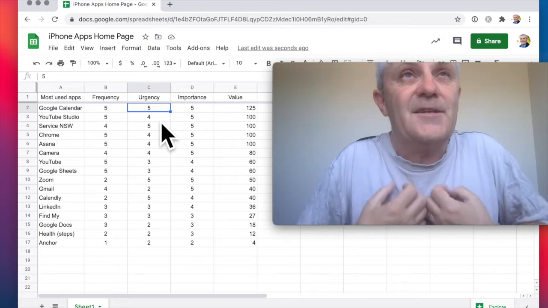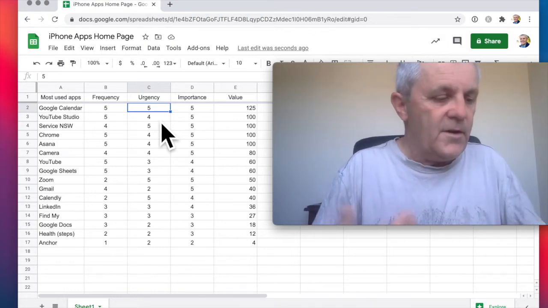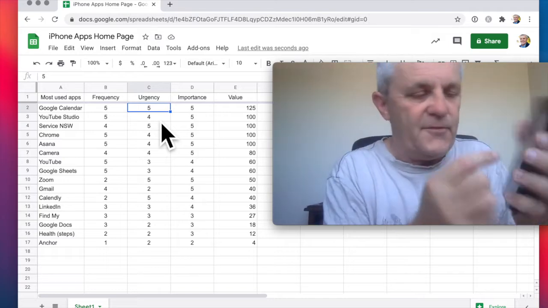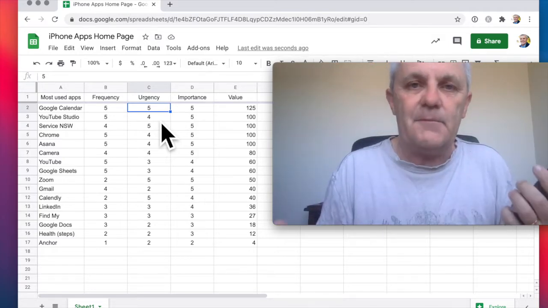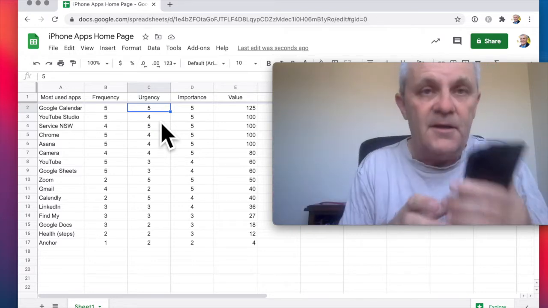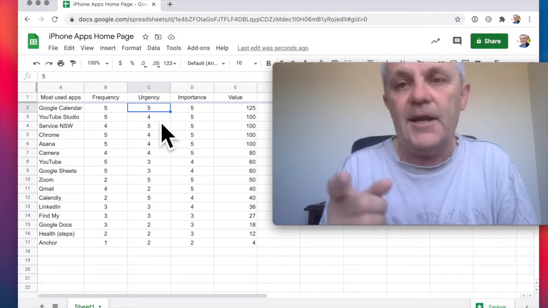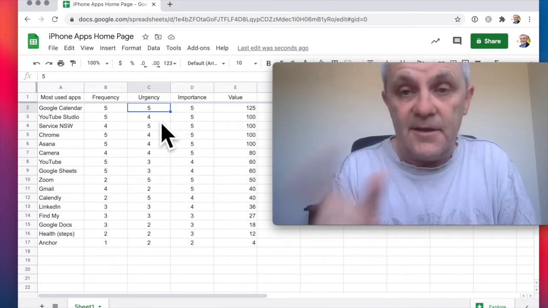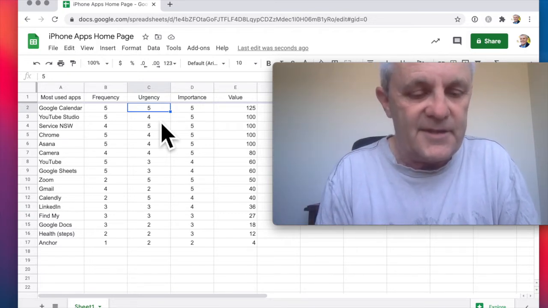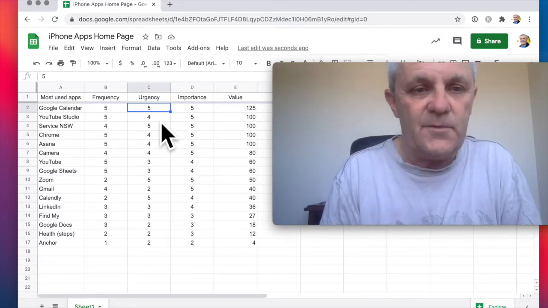Let's say that I'm getting to a coffee shop, and when I get in there, I want to be able to grab my phone quickly and scan myself in. I don't want to be queuing up, and I don't want to have a lot of people waiting behind me while I'm scanning the QR code. So that's why I've got the camera and the other app from the New South Wales government to allow me to scan that QR code quickly.